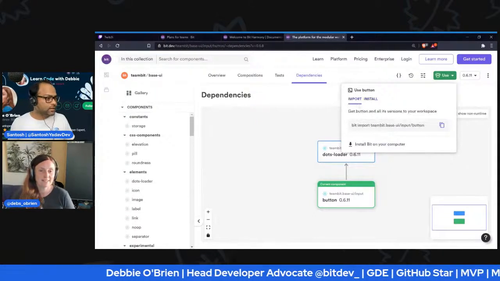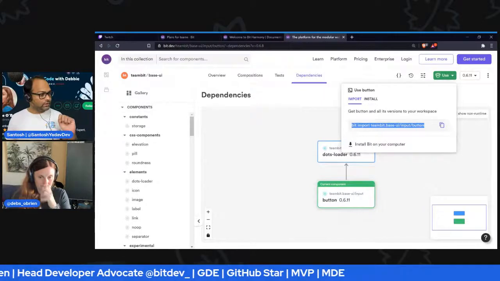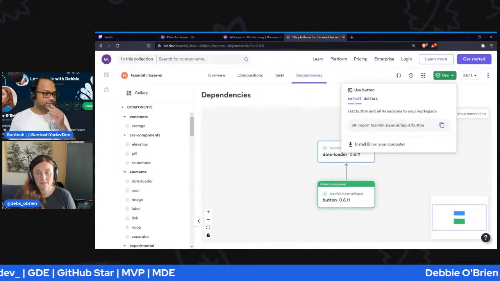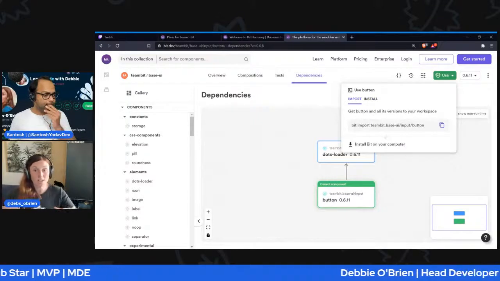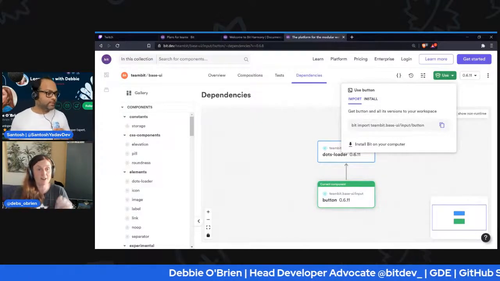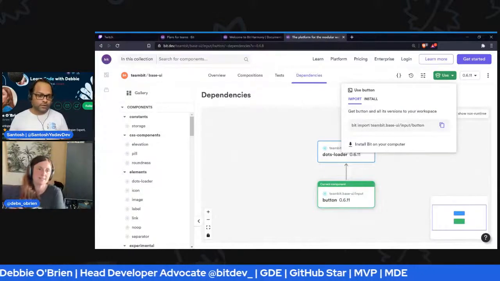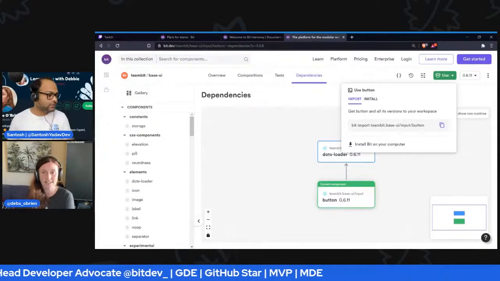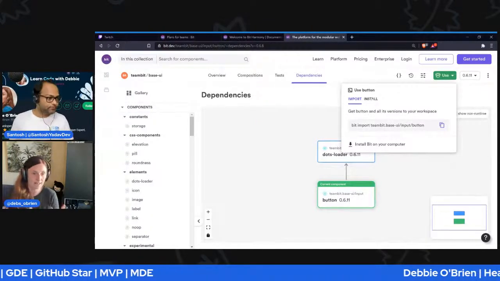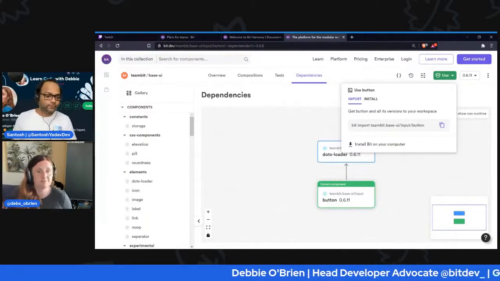Okay. So for importing, do I have to do it even though I just want to use it, or can I just install it from npm and start using it? Yeah. So import is if you want the code in your actual VS Code, to modify and make a fix to it and then export a new version, right? And installing is, I want to consume that component in my application like I would any kind of npm package. I want to just consume it, install it, use it, end of story.